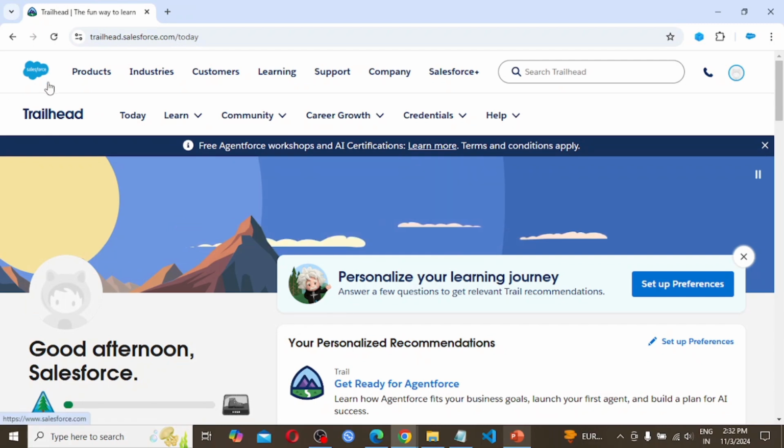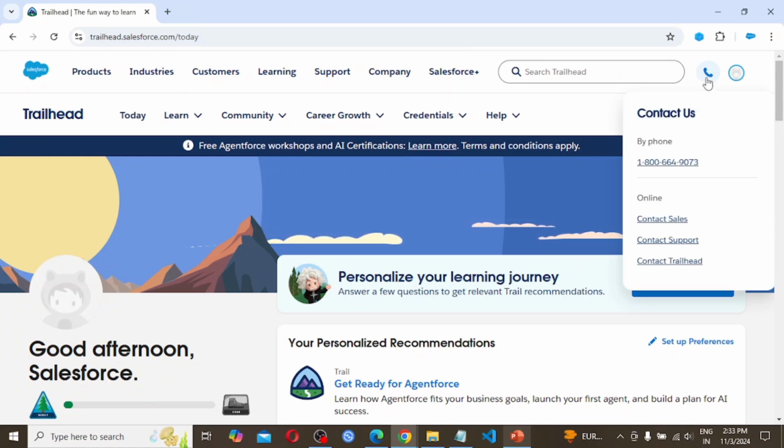At the top left corner we are seeing the Salesforce logo, products, industries, customers, learning, support, company, Salesforce Plus. Here we are getting a search box. If we need to search anything related to Trailhead, we can search here. Then here we are seeing a phone icon, so contact us by phone.